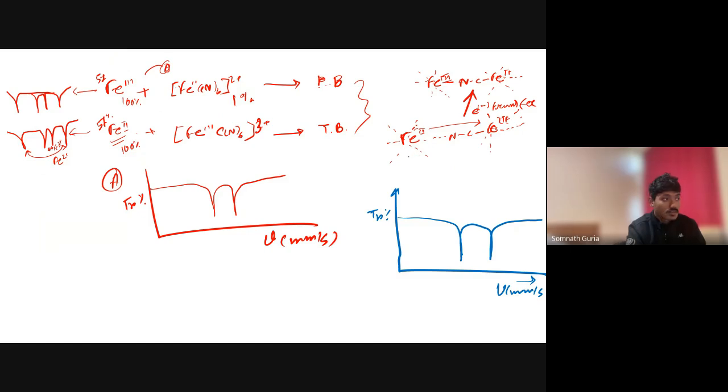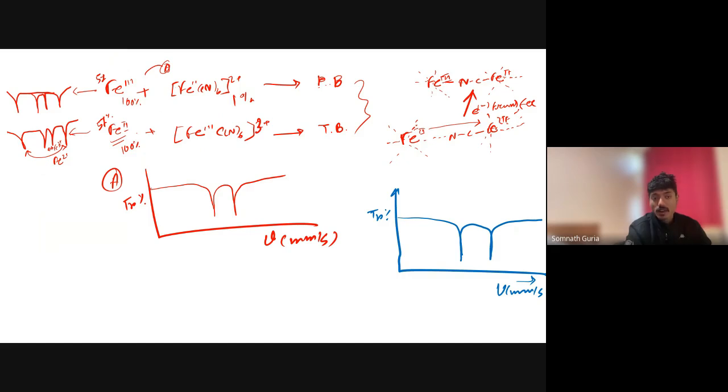Okay, so this outer coordination sphere electron transfer is monitored with the help of Mossbauer spectroscopy. We are able to know how this kind of electron transfer happens